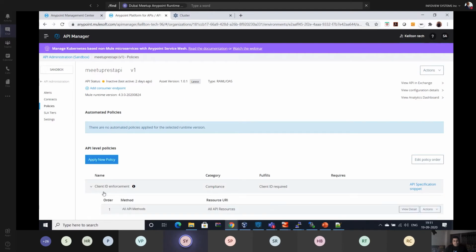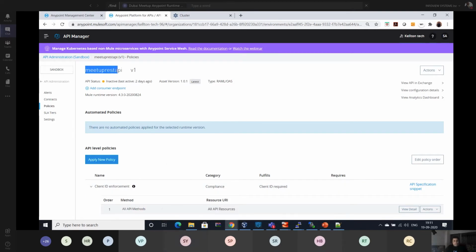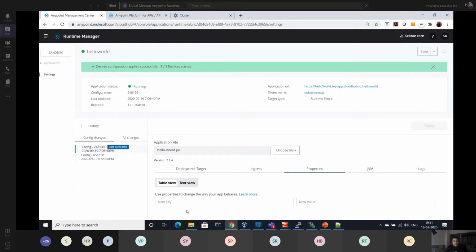Thanks. So you can see that I have created this API to implement that, but deploying takes time. I have developed a simple API, and I have provided client ID secret enforcement. If I deploy in Runtime Fabric, okay, it's ready. Here I have to provide the client ID, secret and API ID, and I can deploy that.